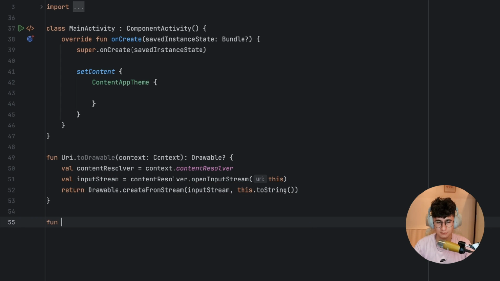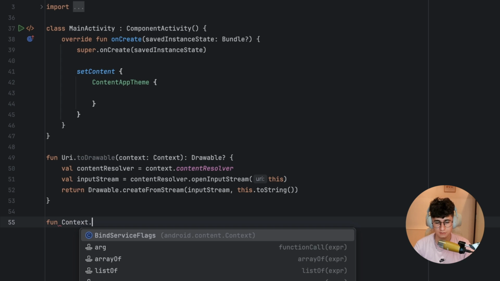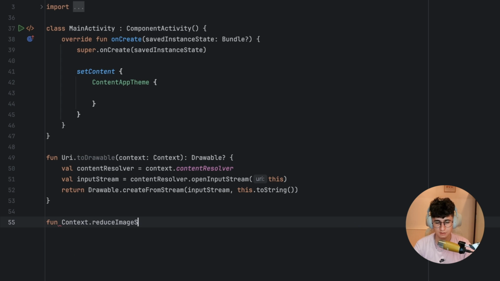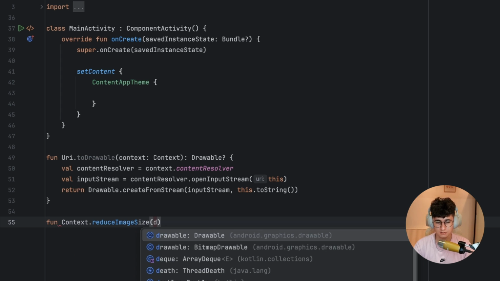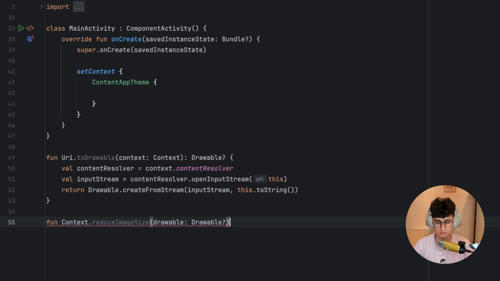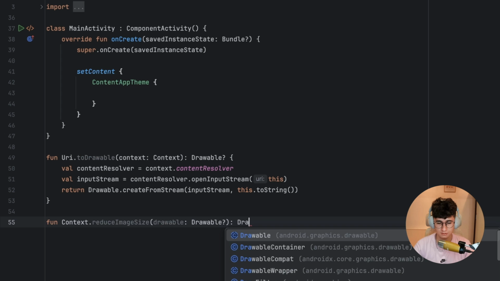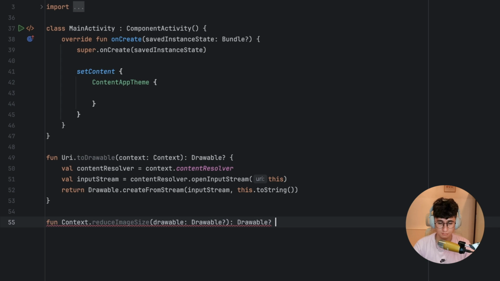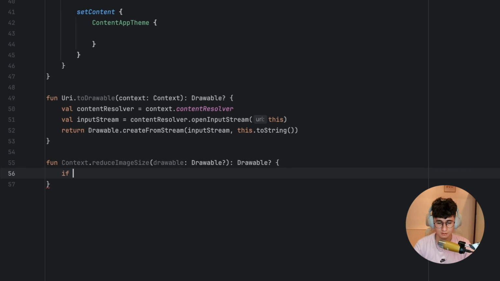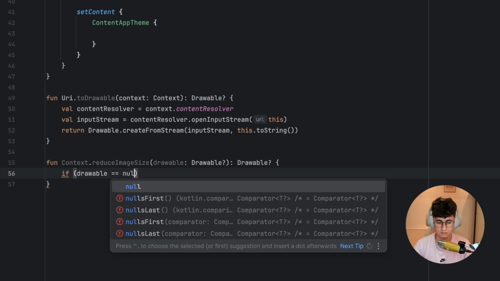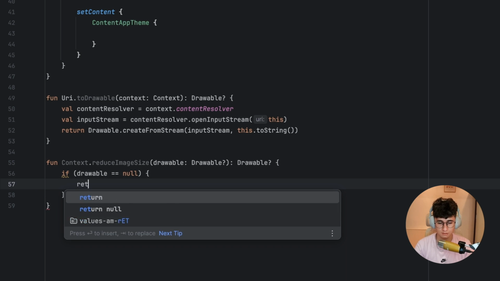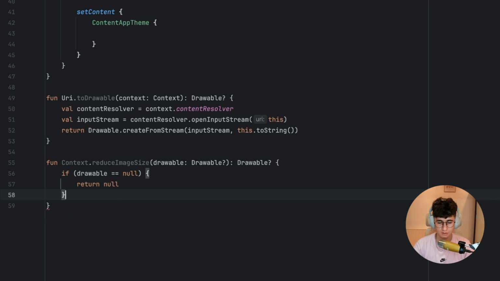And let's also say return Drawable.createFromStream, and pass the inputStream and this toString. Now let's create a second function. This is an extension of the context. So let's say Context.reduceImageSize, and it takes a drawable which can be null, and it returns a drawable that also can be null. And let's say if drawable is null, we return null, and if not, we create a byte array. So